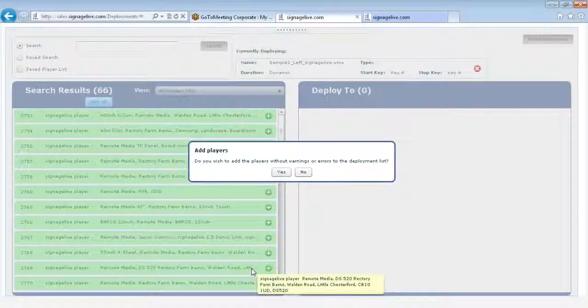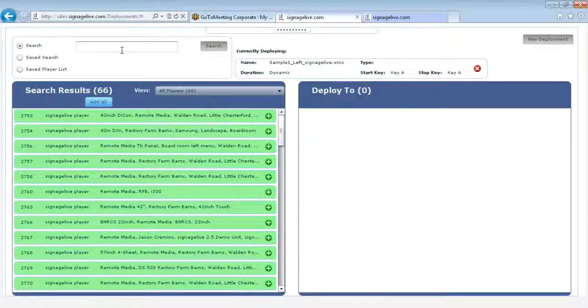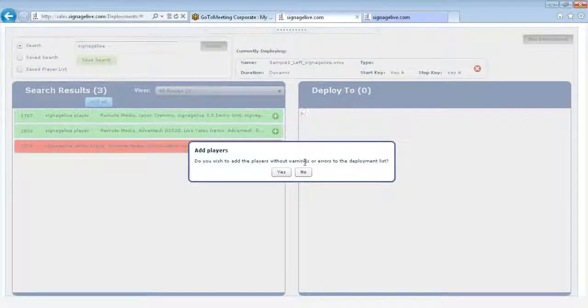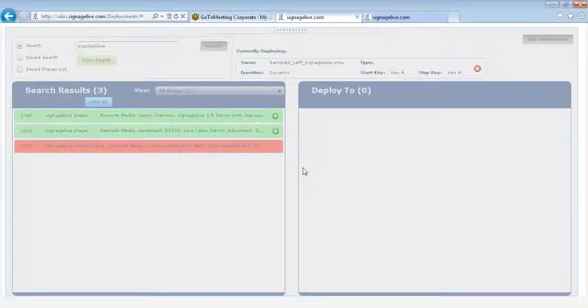And now we're gathering all of the players that are sitting on our network again. So adding the players, we'll say no. And then all we need to do is just search for our players. And we'll say no to adding all of the players,